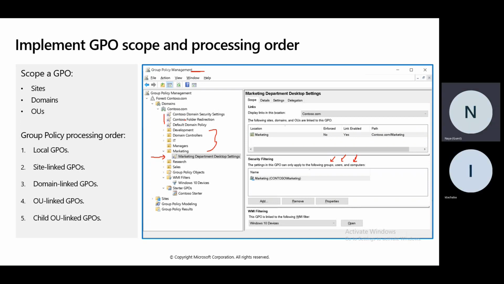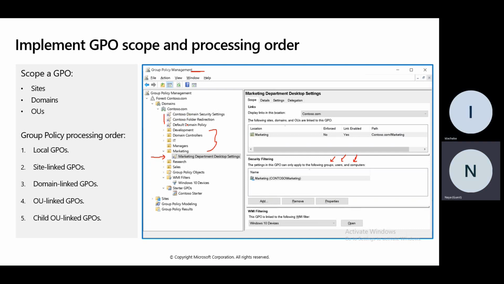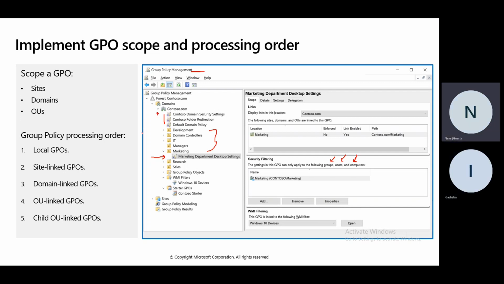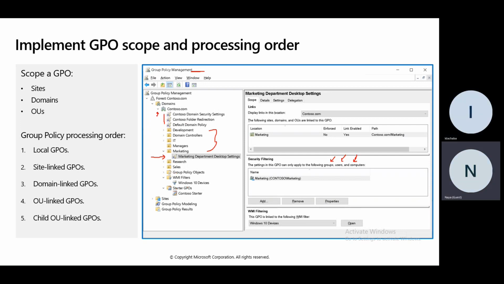Contoso folder redirection. Look at this very well now. This is policy 1, this is policy 2, this is policy 3. So all these policies are under contoso.com. Look at this arrow. What does this arrow mean? It means all these things are under contoso.com. Exactly. It's a drop down. Everything here is under Contoso. So all these policies will affect what and what?